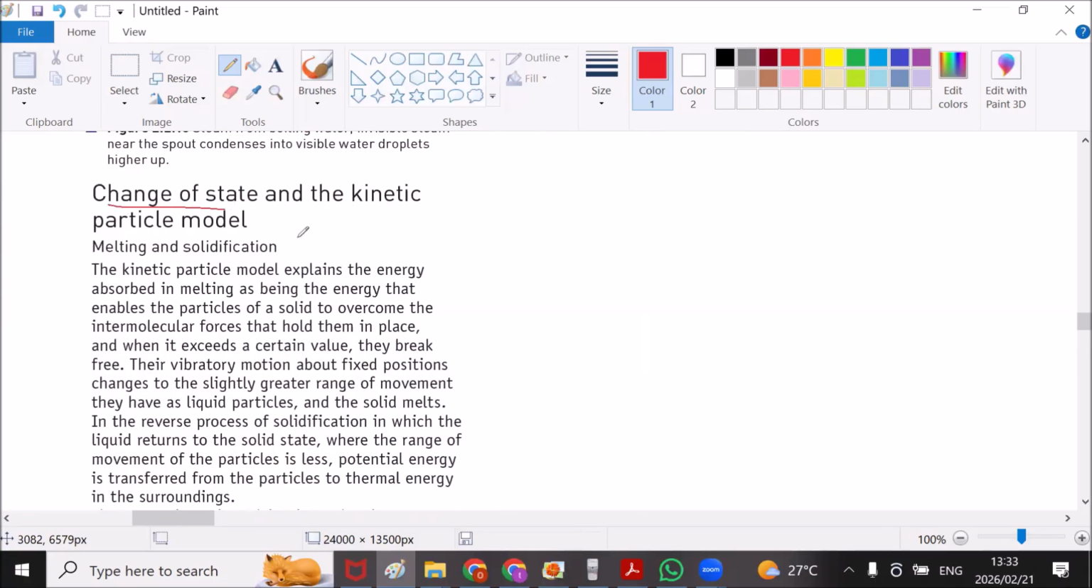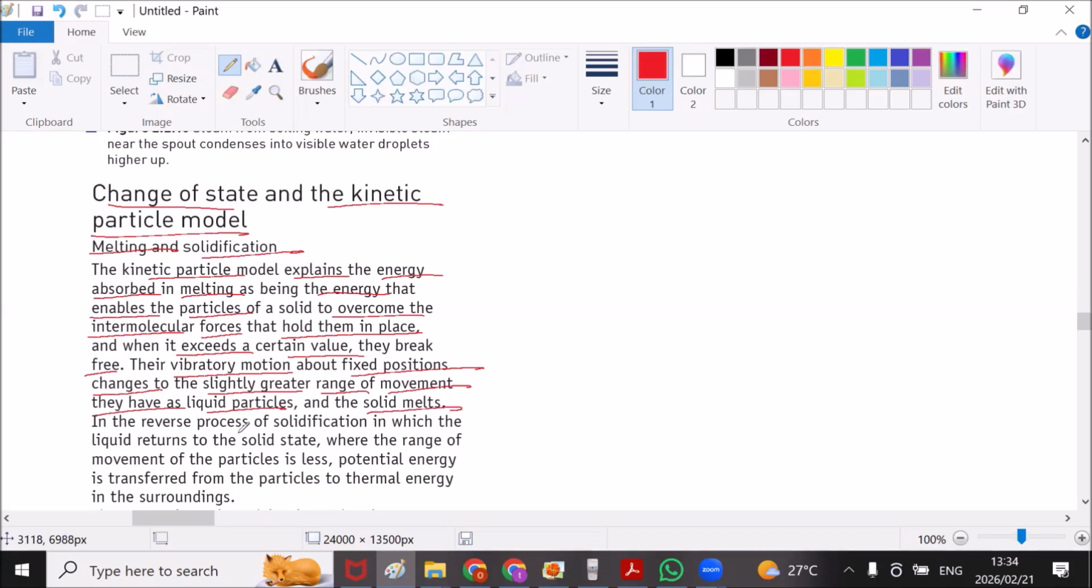Let's look at change of state and the kinetic particle model, melting and solidification. The kinetic particle model explains that energy absorbed in melting is the energy that enables the particles of a solid to overcome the intermolecular forces that hold them in place. And when it exceeds a certain value, they break free. Their vibratory motion about fixed positions changes to the slightly greater range of movement they have as liquid particles, and